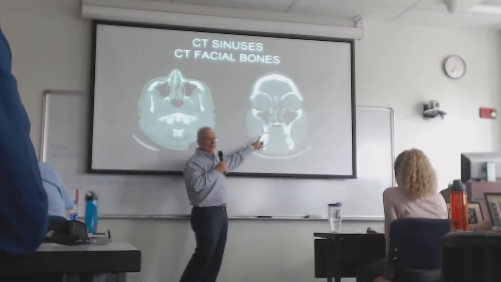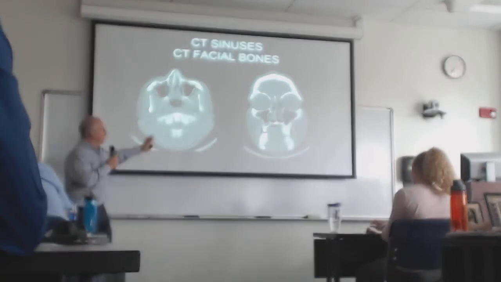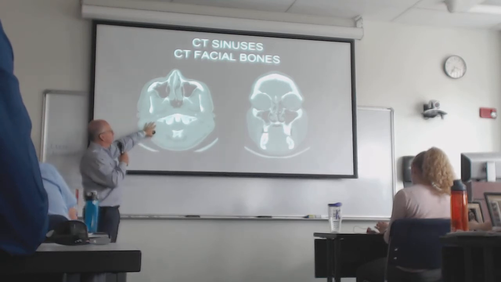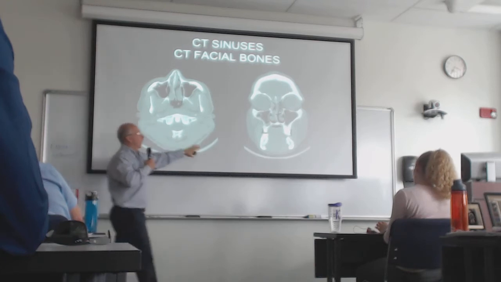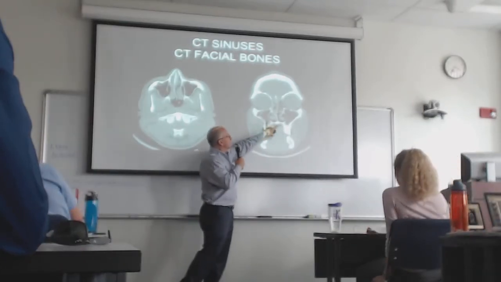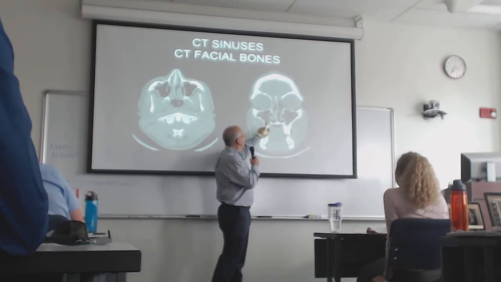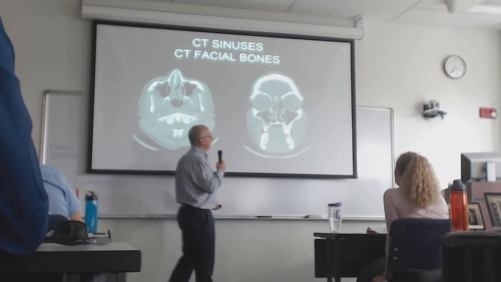Did you learn this in your anatomy, all this stuff? Okay, good. So I don't want to spend too much time on it. Axial and coronal views of, in this case, the lower face and upper cervical spine. And here's a coronal image pretty much through the maxillary sinuses, through the orbits, ethmoid air cells. There's a little bit of fluid layering in the right maxillary sinus.